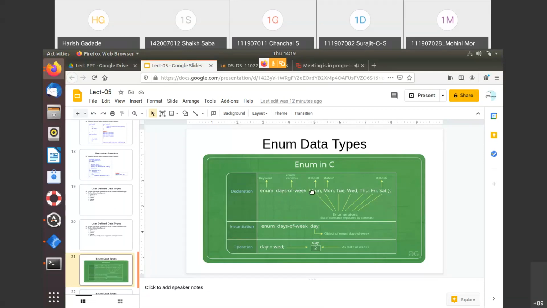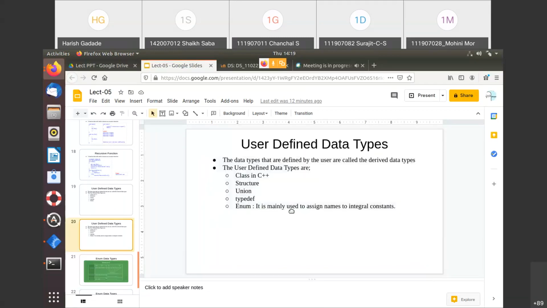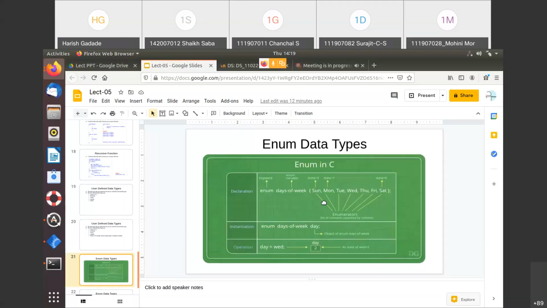For this we have assigned Sunday, Monday, Tuesday, Wednesday, Thursday, Friday, Saturday, all these 7 days. Now see here, what is the meaning of this? It is mainly used to assign names to integral constants. Whatever names we are assigning, Sunday, Monday, Tuesday, Wednesday, these are the names, and we are assigning these names to the integral constants.